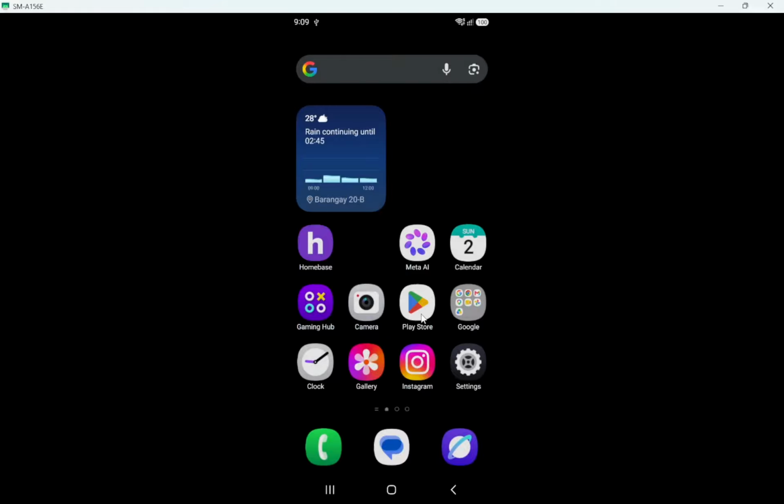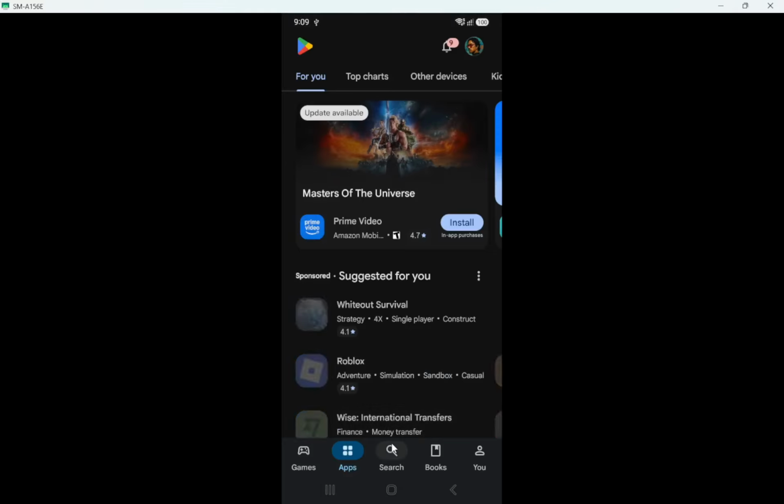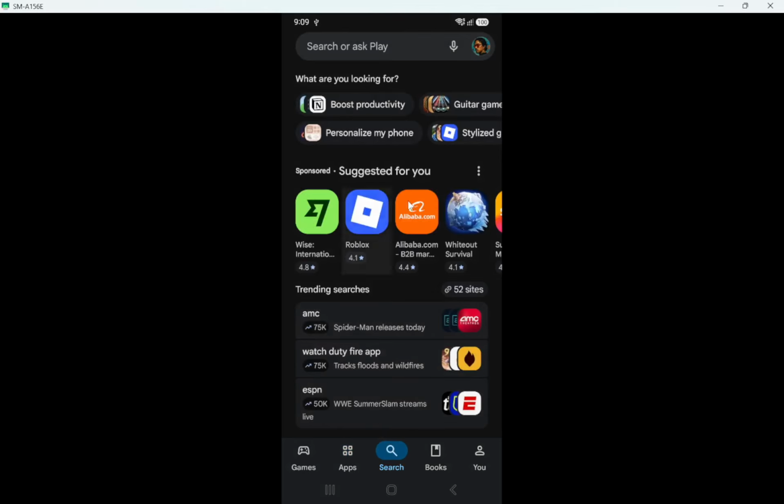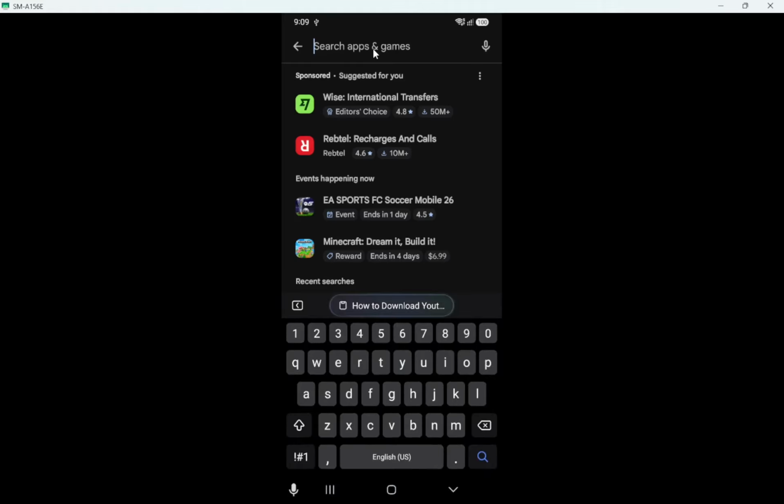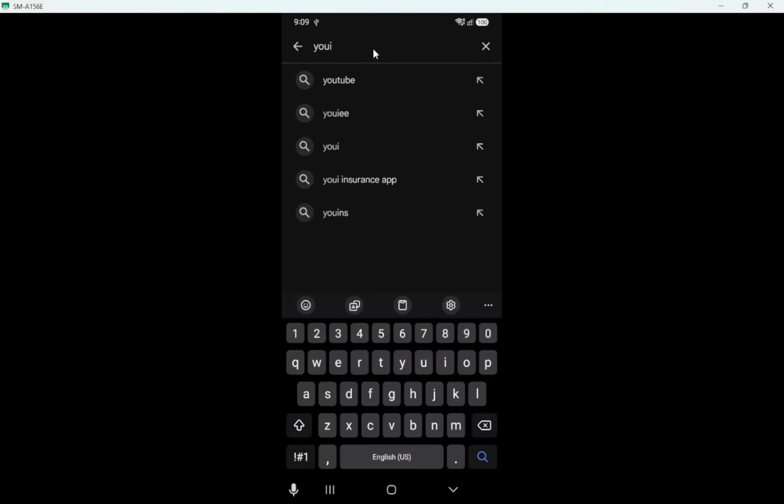When it opens, you should see the Play Store homepage, with apps and game suggestions and a search bar across the top. If the Play Store asks for permission to update or terms to accept, go ahead and continue so the main screen appears. Now tap the search bar at the top of the Play Store. When you tap it, the keyboard should slide up from the bottom of the screen. The search bar will move to the top with a blinking cursor, ready for you to type, and you might see some recent searches or suggestions underneath.